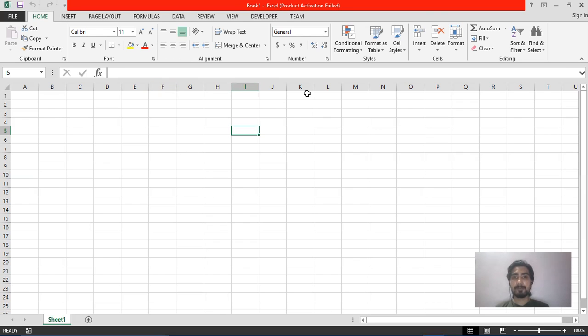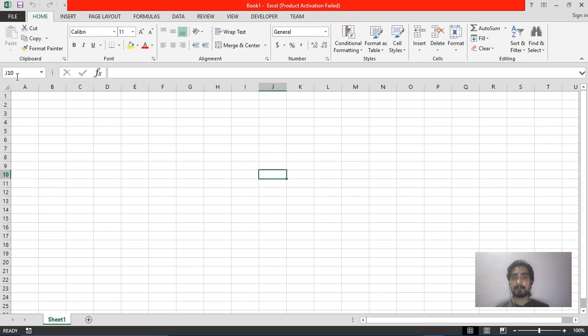So if the column alphabet is J and the row number is 10, then the name of that cell will be J10. For example, let's select J10. Here you can see column J and row number 10 have been selected, and this is the active cell, and its name is J10.